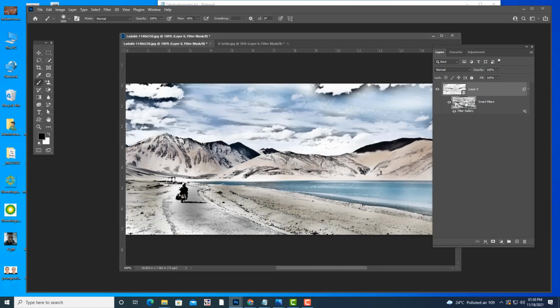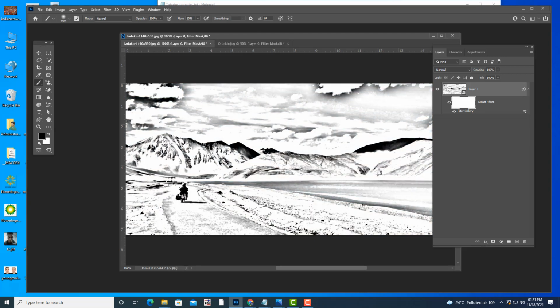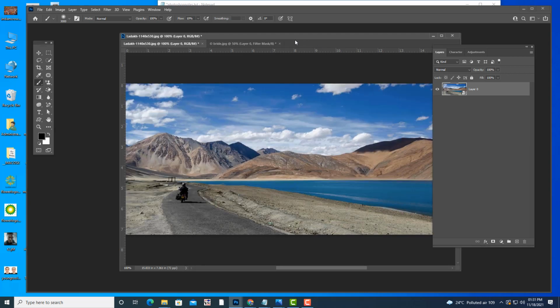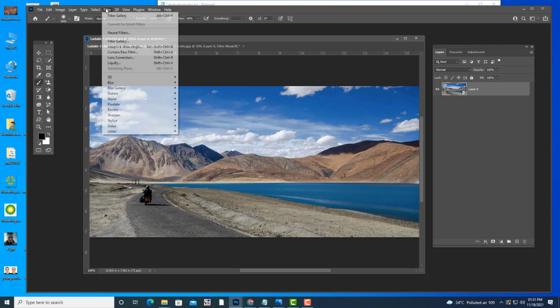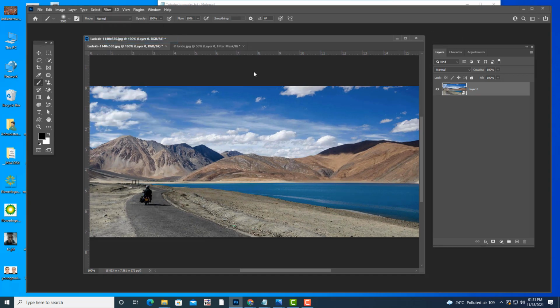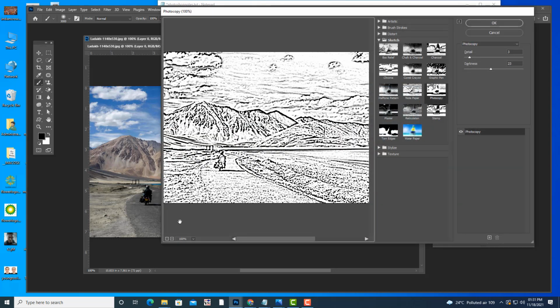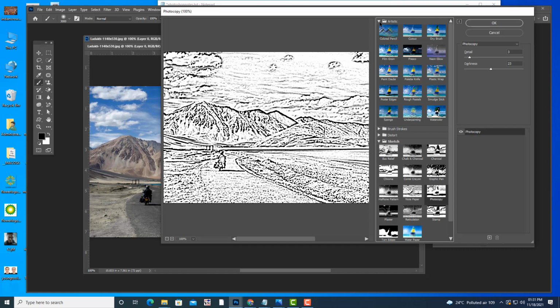One more thing I want to tell you is here. There are artistic filters. I'm just going to open them. These filters are sketch filters. They appear like outlines or pencil drawings. Here we have watercolor.